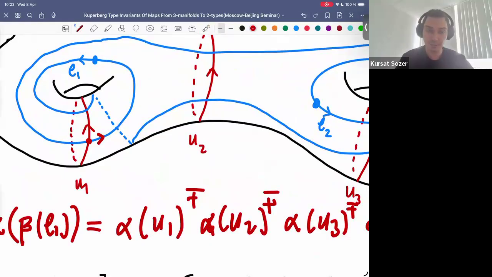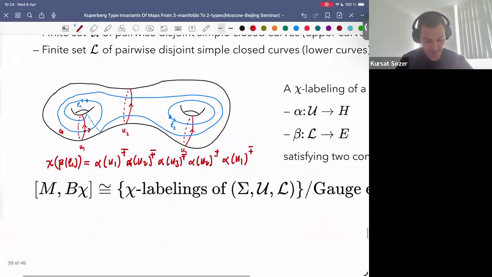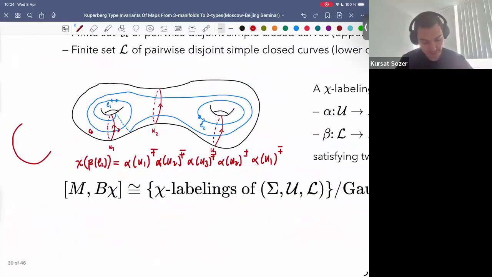And these plus and minuses just record how the intersection is compatible with the orientation of the surface or not. If it is compatible, then you put plus, and if it is not compatible, it's minus. So this is one of the conditions. And this is precisely the condition that this lower curve maps to a disk in B chi,